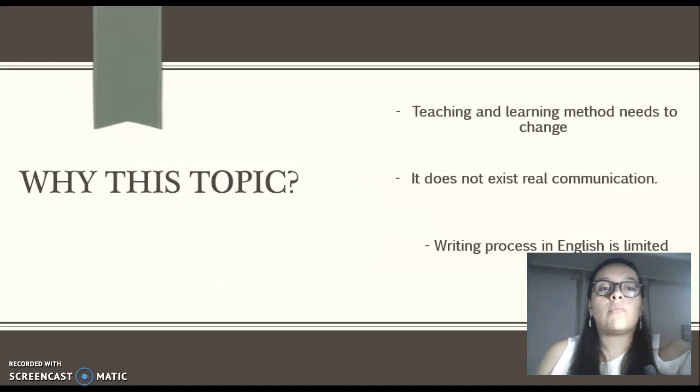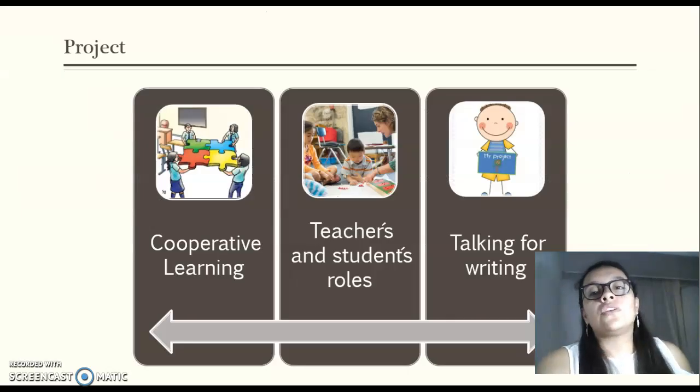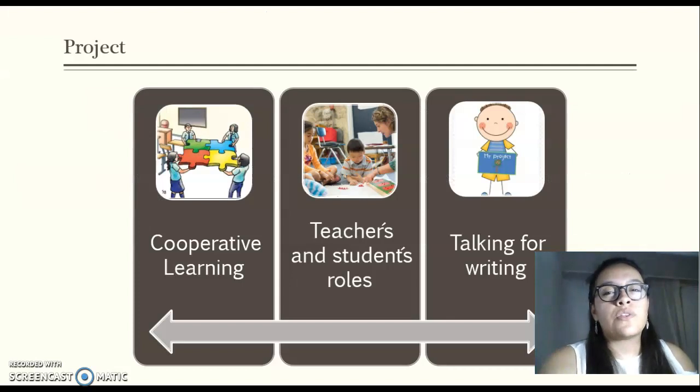I wanted to talk about this topic because the teaching and learning methods have to change, and it seemed to me like a good methodology to introduce to the classroom. And also because with the current writing method, there is no real communication between students, and the writing process is limited. The project was carried out in the classroom through a cooperative learning methodology to which students were already